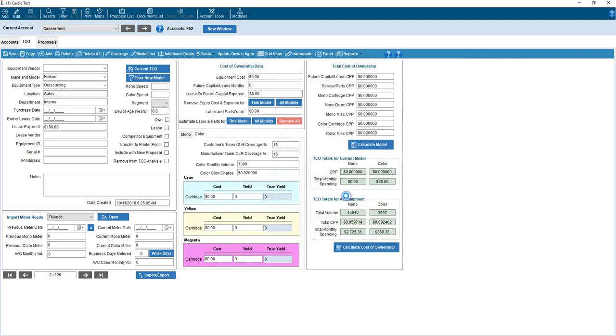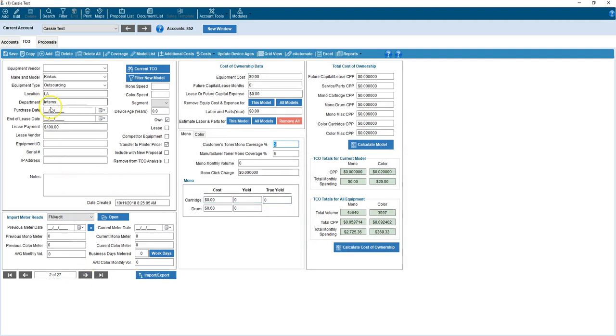It's going to confirm your import. As you go through, you're going to be able to see those changes being made to those devices, as well as now I have 27 devices added, so it also added my new device, pulling from the TCO model list